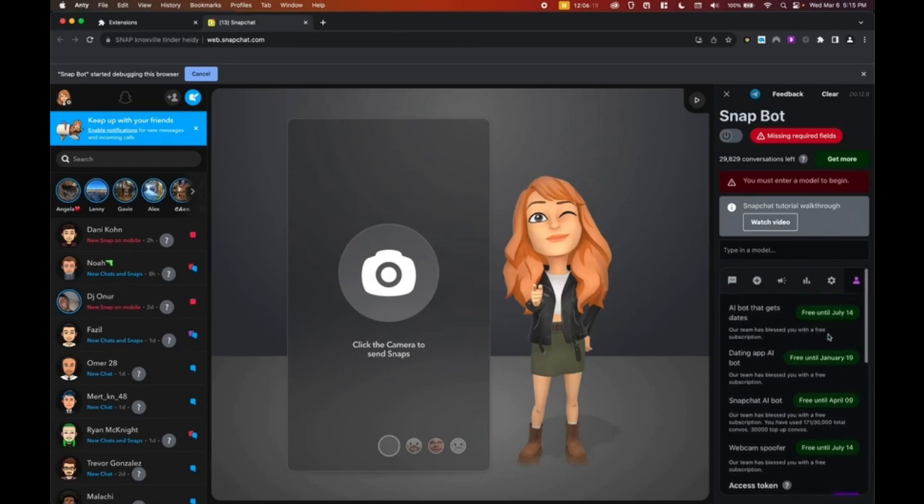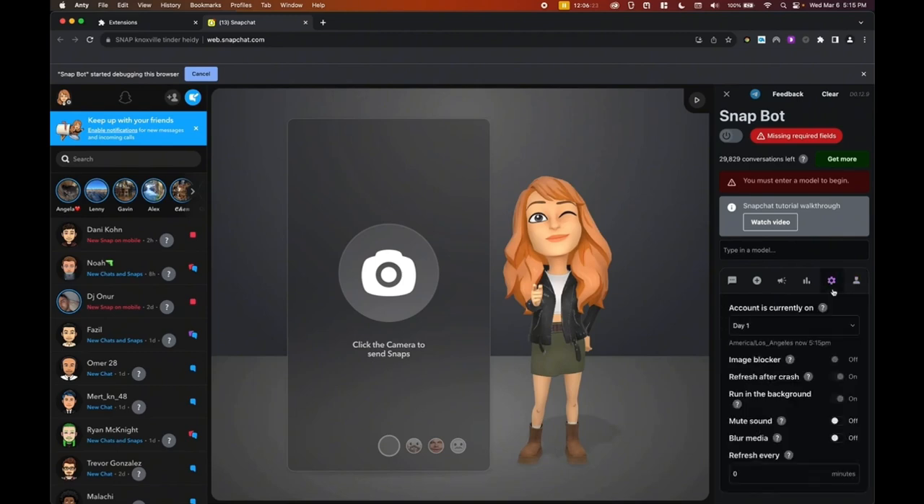So let's talk about system settings. You can find the system settings right here. And the first thing you'll see is day one. This represents the day the account is currently on. So when you first load an account like we just did, it'll be on day one. The next day it'll be on day two automatically, day three, day four, etc. This is important because it syncs the stories you post